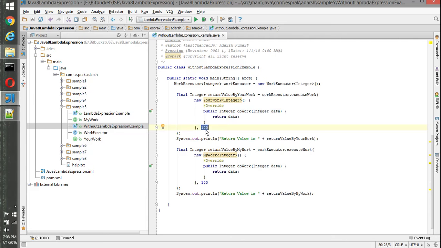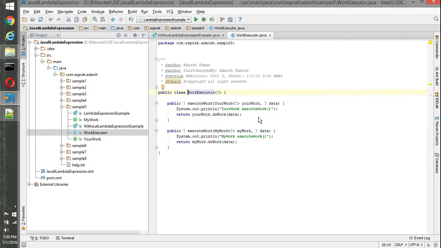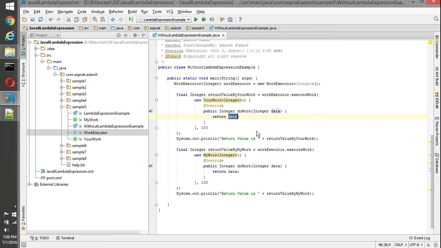This argument goes as a parameter to data, and that gets returned to us. The same thing applies for my work: the argument is passed as a parameter, internally captured by the work executor's execute method, and passed into the data return, which becomes the return value for us.